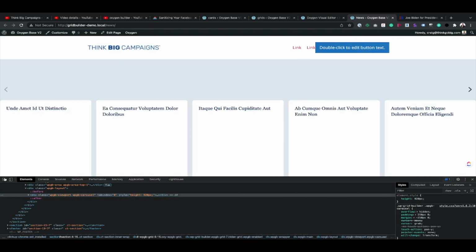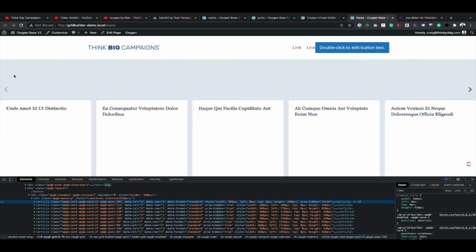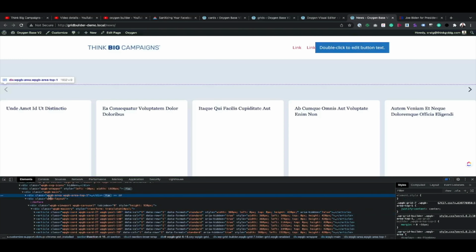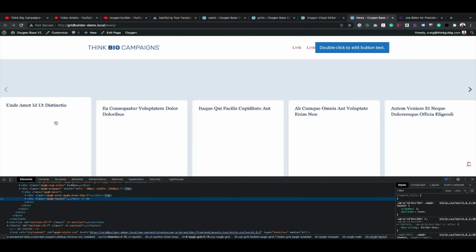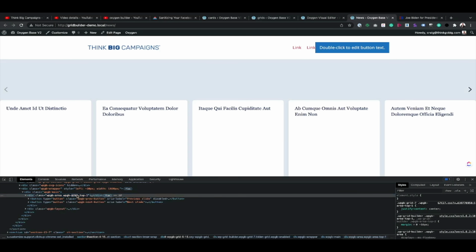And the way we take care of that is by actually setting a height on these. So we go into what is the top area, right? Because we have the actual here, we have the top area, and then we have the layout, which is GridBuilder's cards, and we see that that's overlaying that. So we actually set an explicit height on the top area here. So we can look at that class here